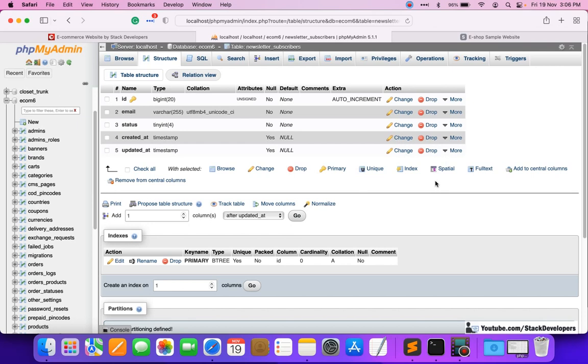The table name is newsletter_subscribers, so the model name will be NewsletterSubscriber, where N and S are in caps and subscriber is in singular. We need to follow those rules.